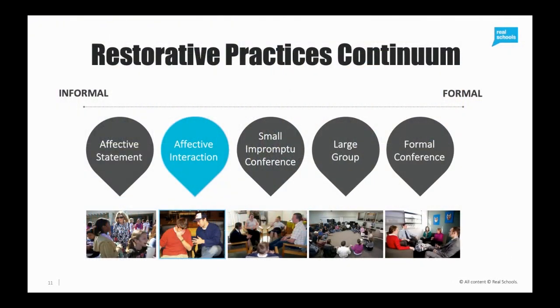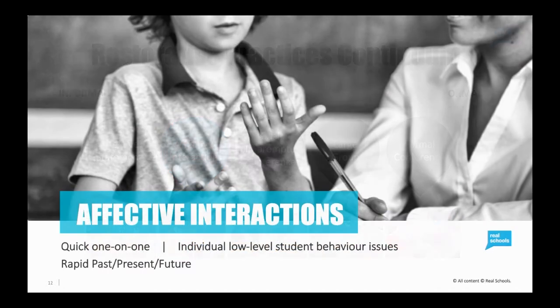The next step along is what we call an effective interaction. And that means we're going to start to use that past, present, future methodology. So what we're saying is that we're going to go really quick fire. When a student, for instance, you might have hit them with two or three effective statements in the classroom, and you're thinking, boy, I'm frustrated that you haven't started your work. I'm annoyed you haven't started. Okay, now I'm getting really angry. And you're using them, they're not getting anywhere.